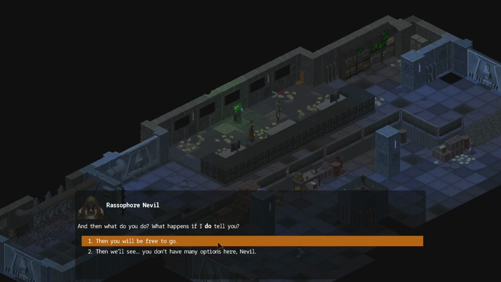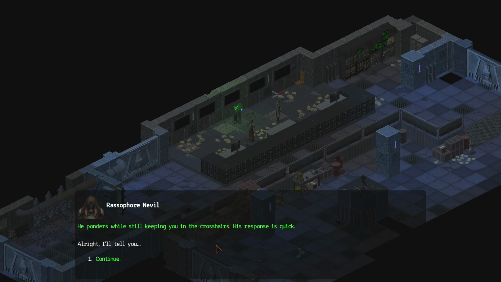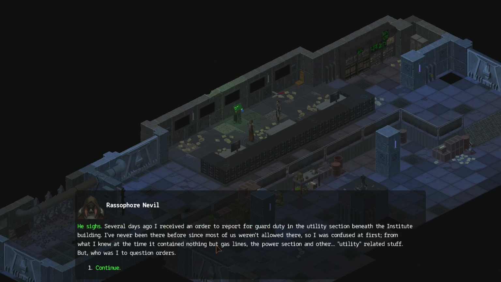Well, then, but then we'll see. You don't have any options here, Nevil. He ponders while still keeping you in the crosshairs. His response is quick. All right, I'll tell you. He sighs. Several days ago...